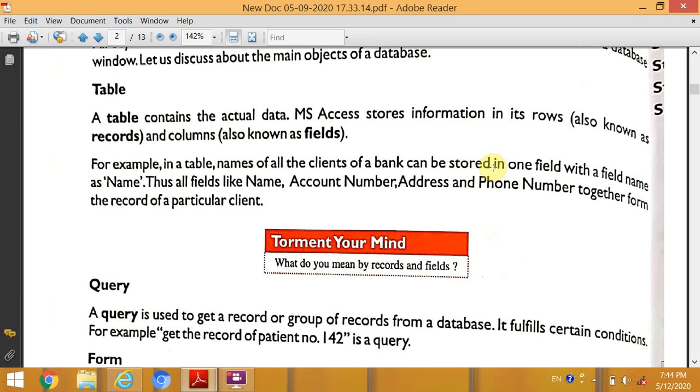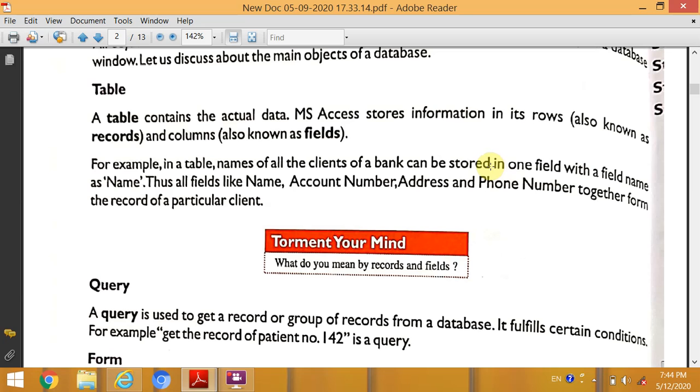In a table, we can store data in the form of rows and columns. Rows are the records of a particular student or particular client. In a bank, we know them as a client or a customer; in schools, as students.